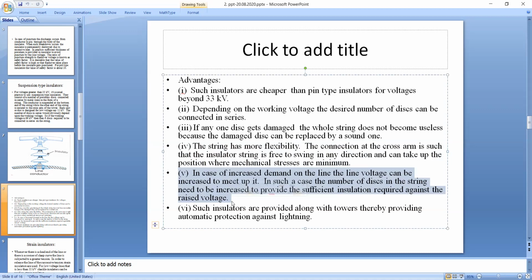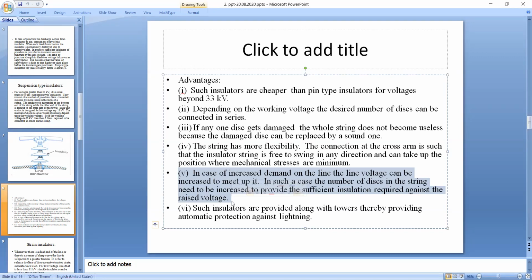Fifth one, in case of increased demand on the line, I mean to say if suppose the load has increased. If load has increased, then that means the voltage also has to be increased. Okay, so in case of increased demand on the line, the line voltage can be increased to meet it. In such a case, the number of discs in the string needs to be increased to provide sufficient insulation required